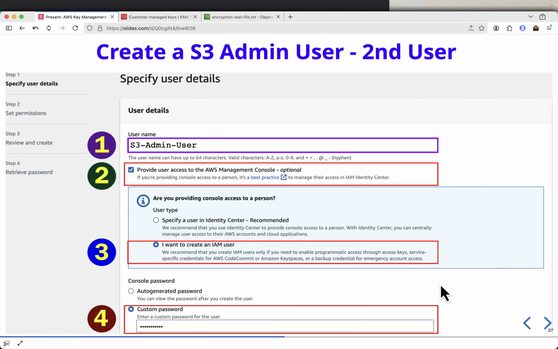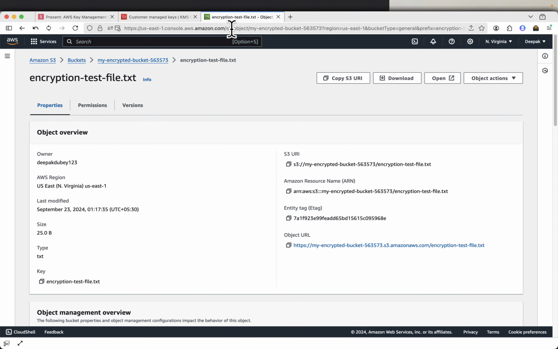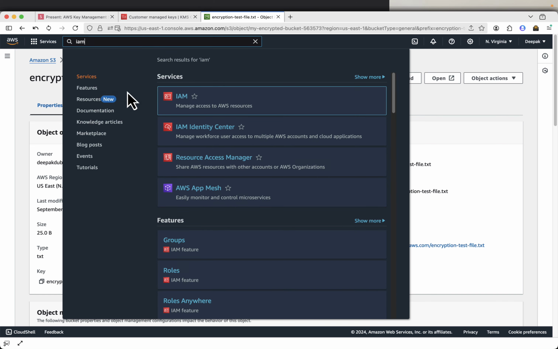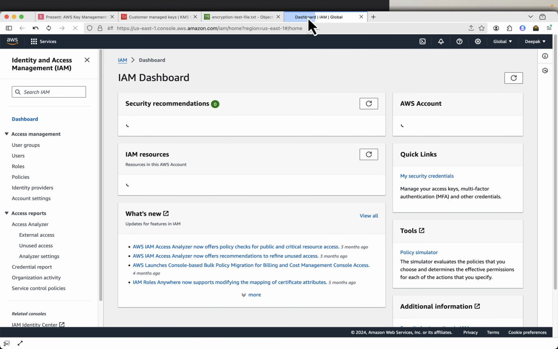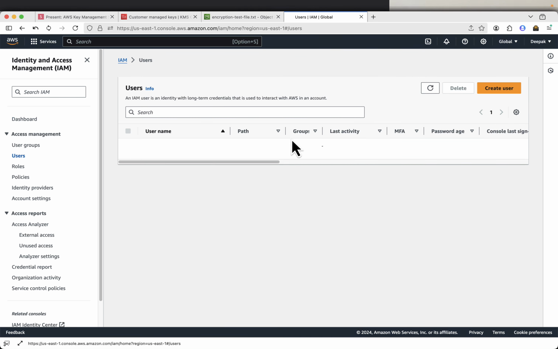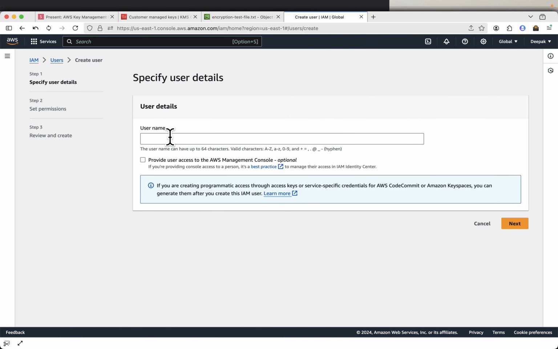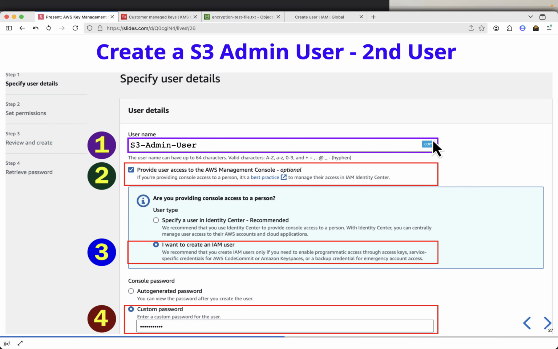Next, I will create a S3 admin user, which is the second user. This user will have access to S3 but will not have access to the KMS key. So I'll just keep this open and search for IAM, because we want to create a user. I'll open this in a new tab and click on users, click create user, copy the username value,